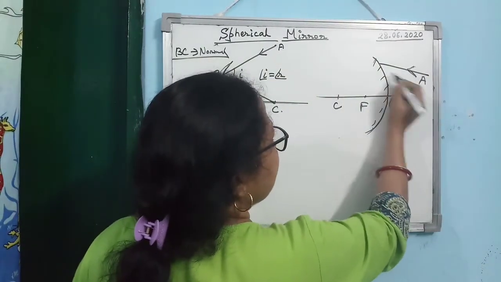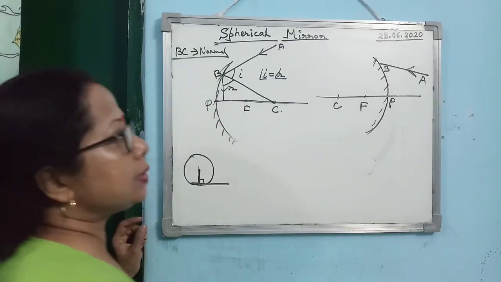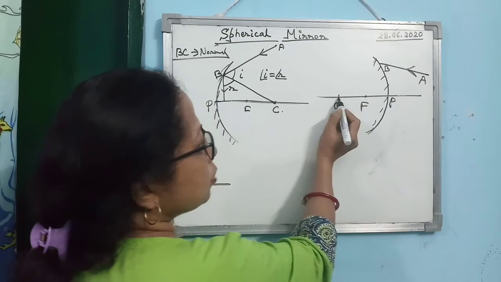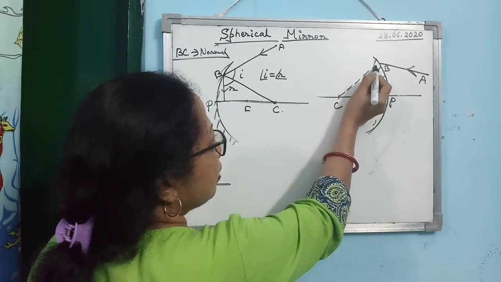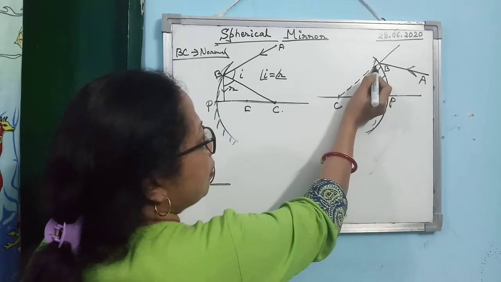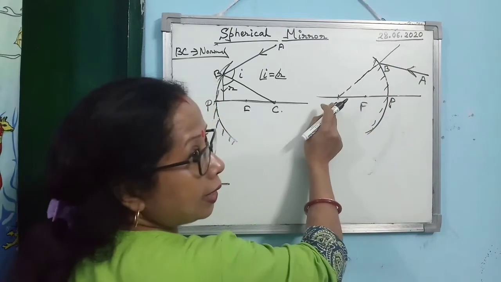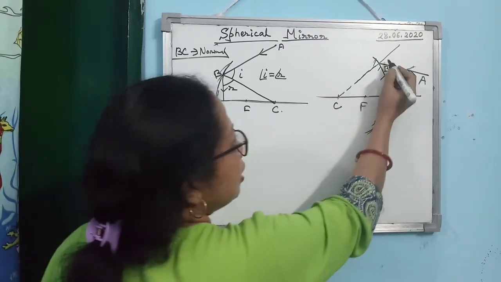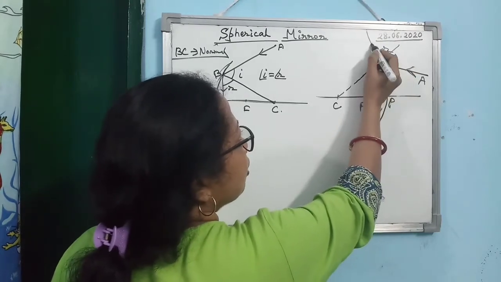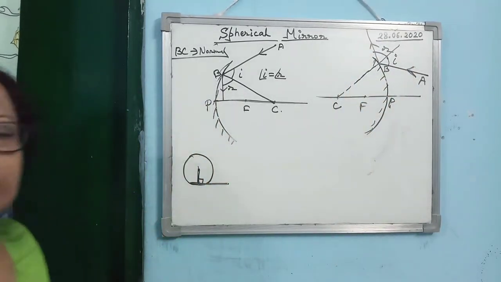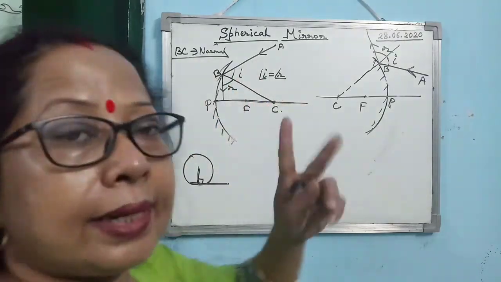Okay, suppose this is AB. Then what you have to do? You have to draw the normal. How to draw the normal? What I said: join the point of incidence with the center of curvature. So here, as the center of curvature is behind the mirror, you draw it by a dotted line and then extend it. So you see this is the normal. Extended CB is the normal. So this is the angle of incidence. Then here you draw another angle, I equal to R. So that will be the reflected ray.